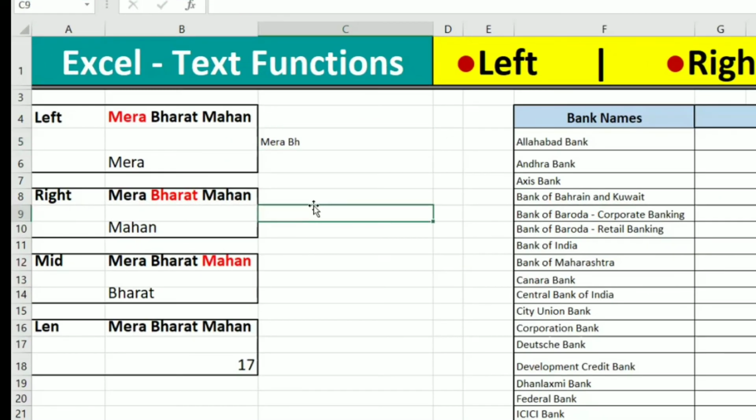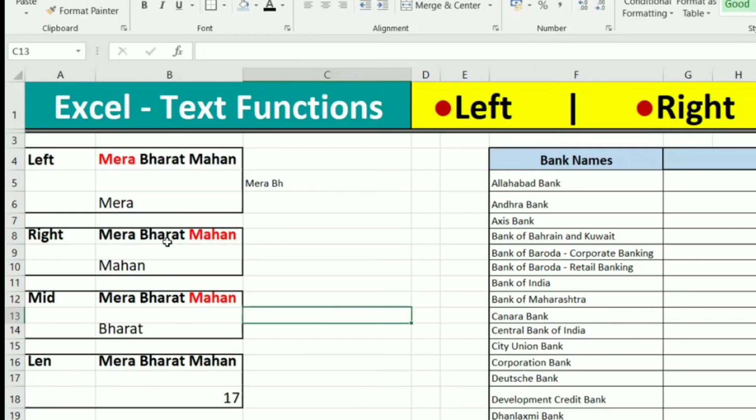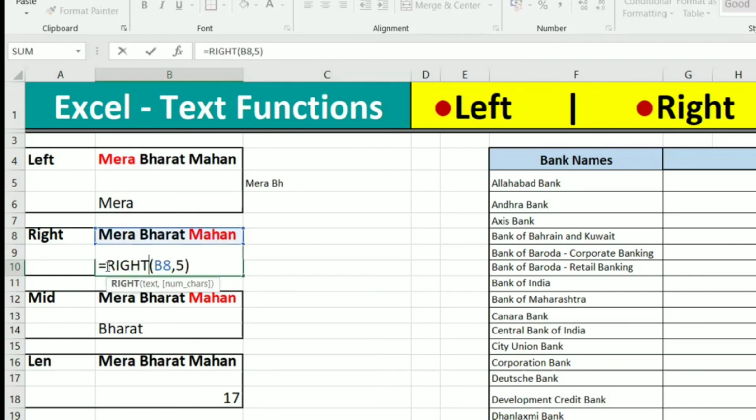Now right. It works the same way, the right function being the opposite of the left function. Mahan is a 5-letter word, and we want to get this Mahan from the text.